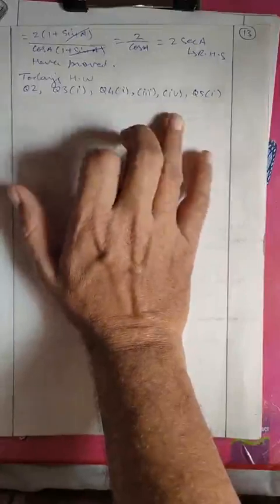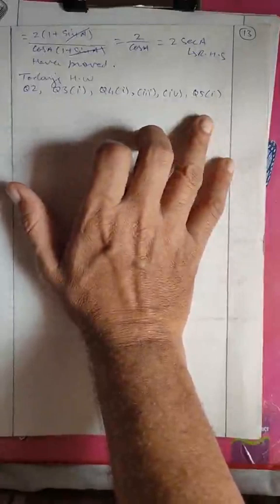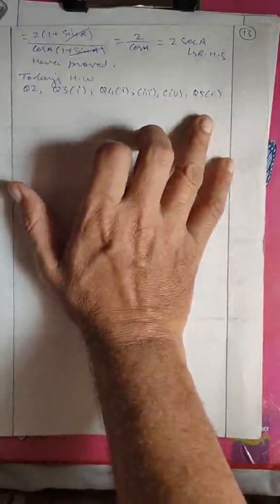Today I am giving you homework: question number 2, question number 3 first bit, question number 4 first bit, third bit and fourth bit, and question number 5 first bit. The remaining question of question number 5, third question, inshallah I will solve it tomorrow, not tomorrow, on Monday.